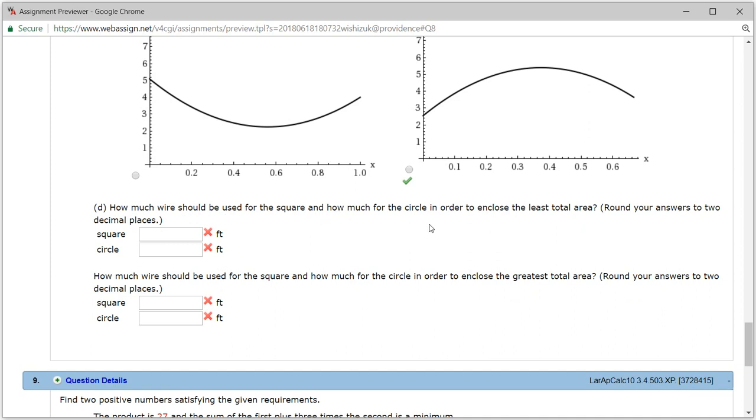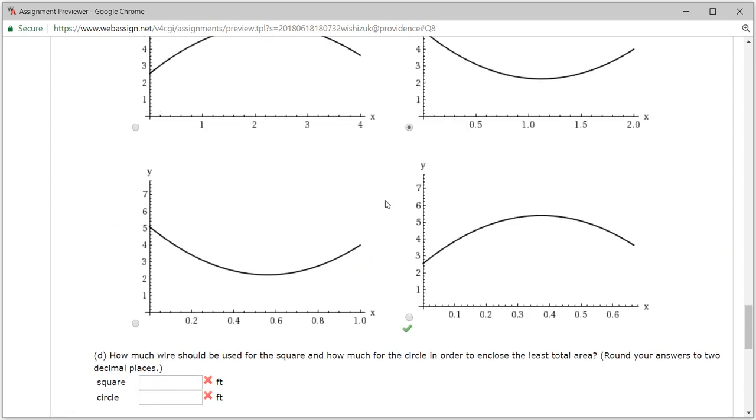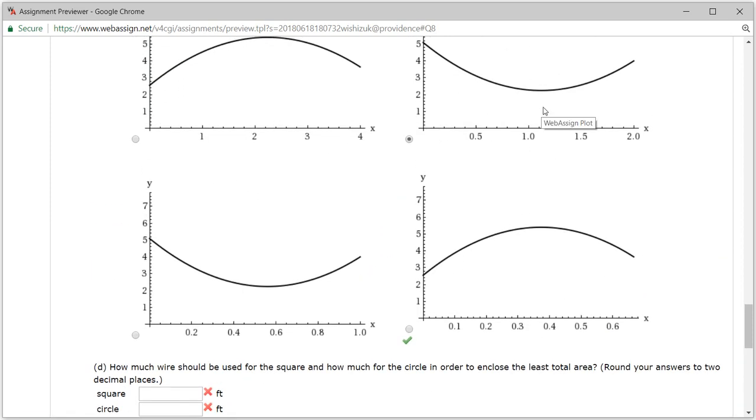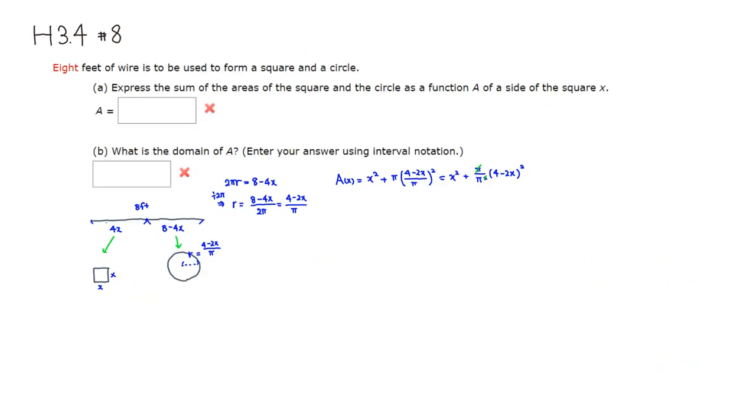So how much wire for the circle, to enclose the least total area? You can see that the smallest happens right here, which is going to be at the critical number. So let's try to find a critical number. We're going to take the derivative, so A prime